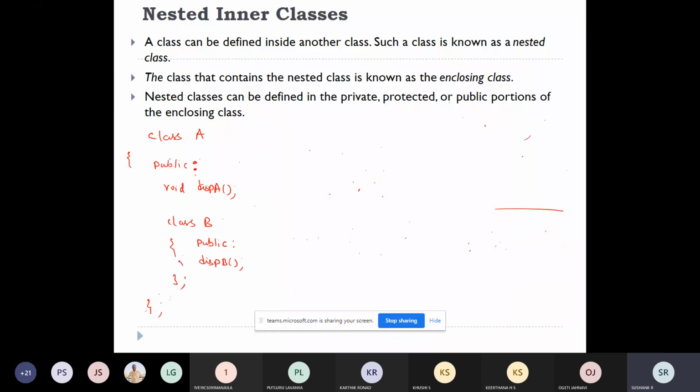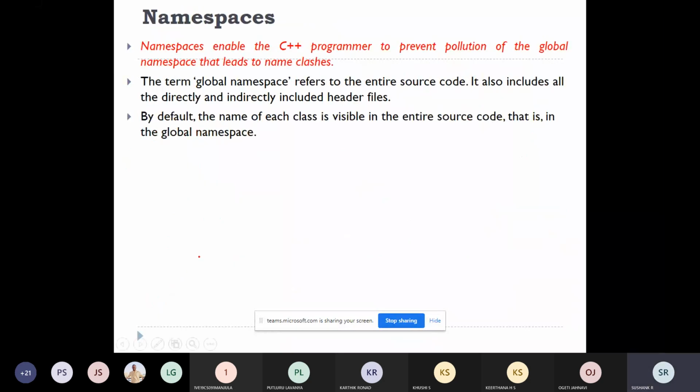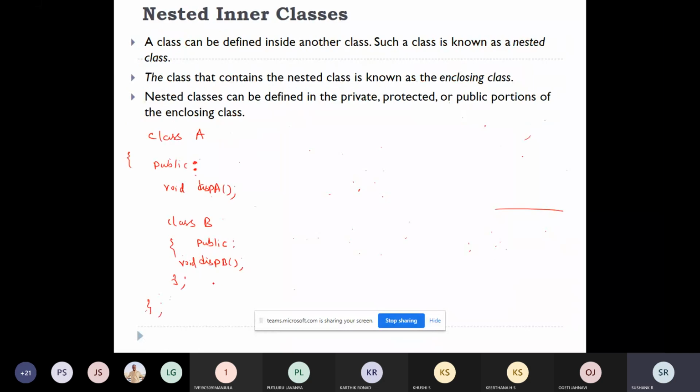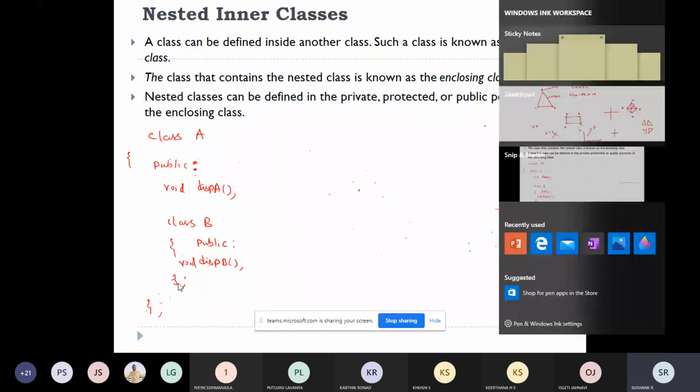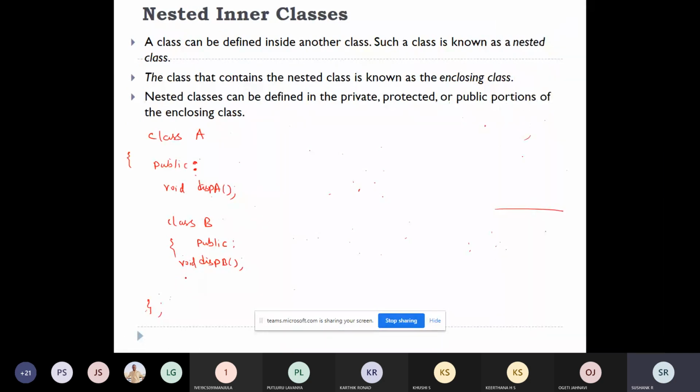Display B function, this is one public function, and another void function I'll call display DISP. One is DISPB and the other one is DISP. So A contains one function called DISPA.